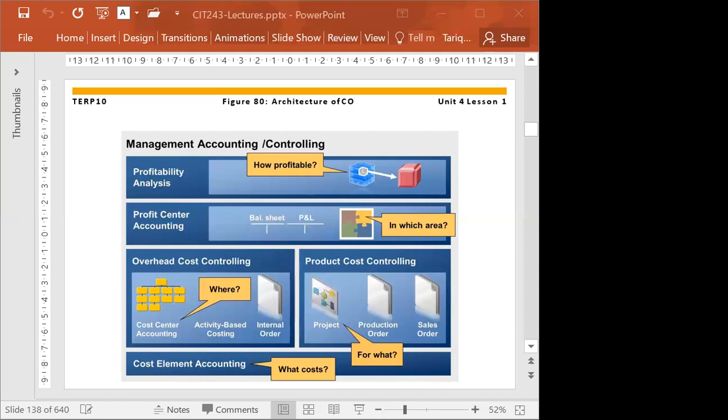But before passing these costs, you have a budget: I will have this much budget for this event, and you assign that budget to this internal order. Then you start making expenses, and you keep recording your expenses into that internal order. Internal order is just like a bucket that collects the cost. Then at the end of the day, you have the planned budget and whatever expense you have made on that, and you can make a comparison of that.